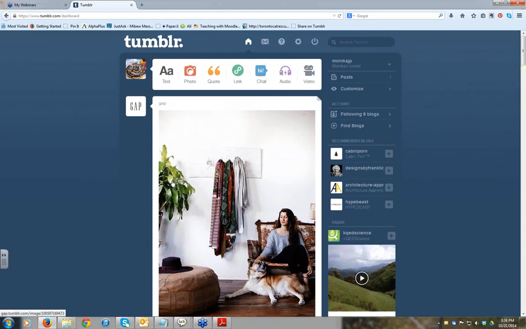I'm going to go back to the top of the page now to go to the right side, because as I mentioned earlier, that's where we have a lot of users confused. Right now, the system tells me I am looking at a dashboard for Monica JP. That's the account I set up when I created my Tumblr account. Any username you choose automatically becomes the address for your account. In my case,